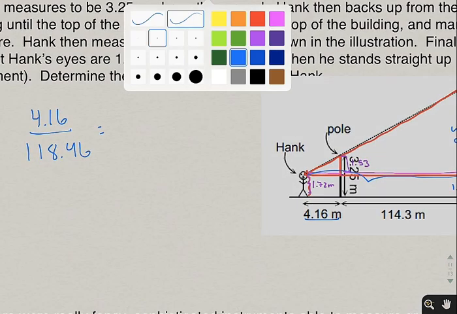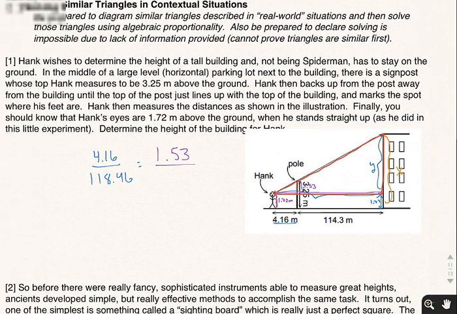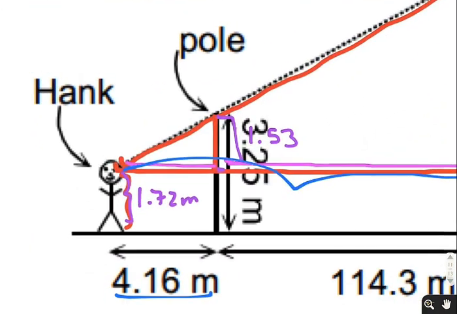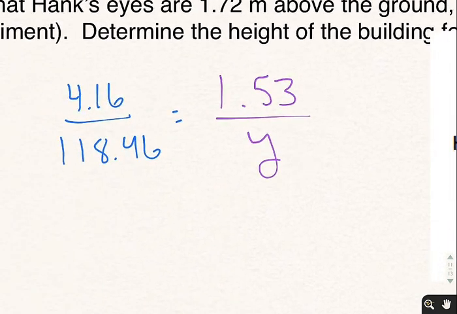Okay, so let's solve the other side. So entire side of the small triangle, 1.53, and then the entire side of y. So that's really it. Once you get the setup of it, once you realize the triangles have to be elevated off the ground because that's where the sight line starts, and then you have to do a little subtraction problem here to get 1.53. Finding y is actually a pretty easy proportion. Not one in terms of nice numbers, but one that when we cross multiply,